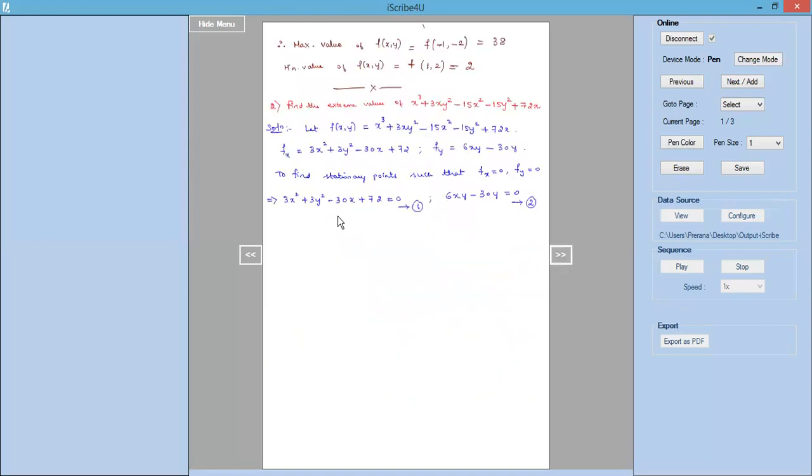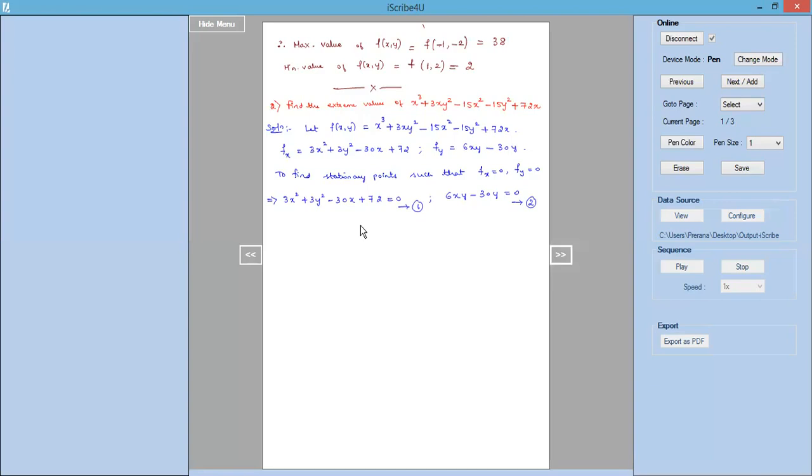Whereas in this problem, we observe that we are not able to directly solve for x or independently solve for y. So we consider the simplest of them first and solve with respect to x or y, whichever we are able to get first, and then substitute the values of x and y into the other equation, and obtain the critical points in that way.